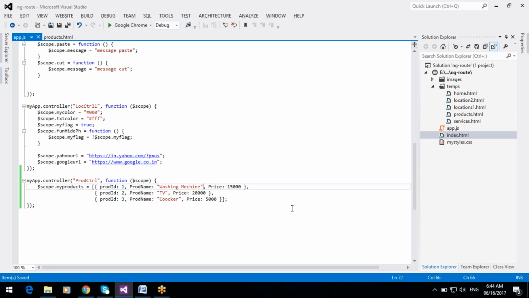And we can add one more column, product description. Sample description 1.